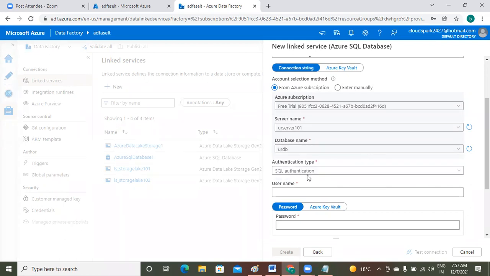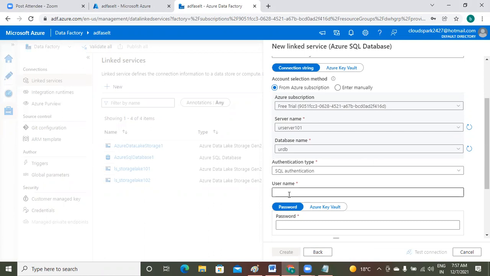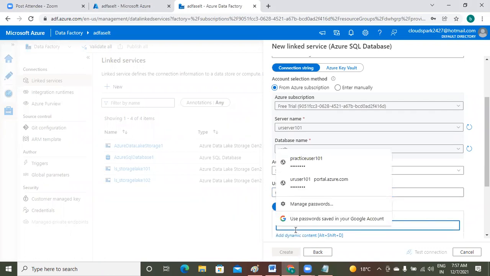And I am using SQL authentication, that means you need to specify the user ID and password. Already we have given some user ID. What is that user ID we have given? Your user 101. Okay. Your user 101, password.